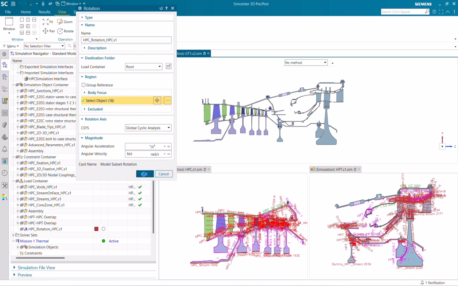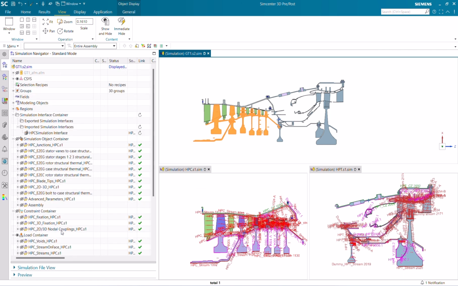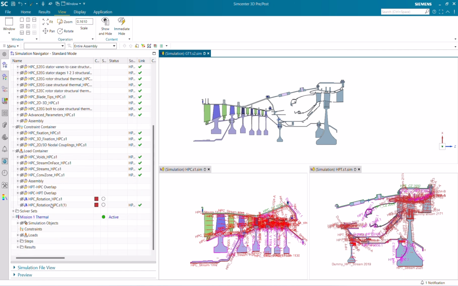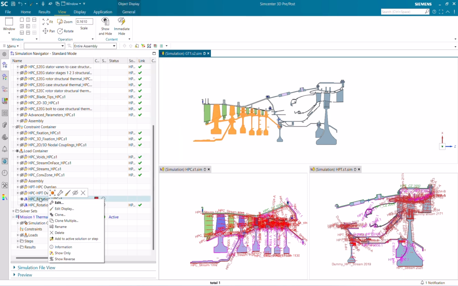However, this also means it will not update when changes are made at the part level. If we go to the interface and update it, we will get an additional rotation load imported that is linked to the simulation interface and cannot be edited. Our local rotation load remains editable,